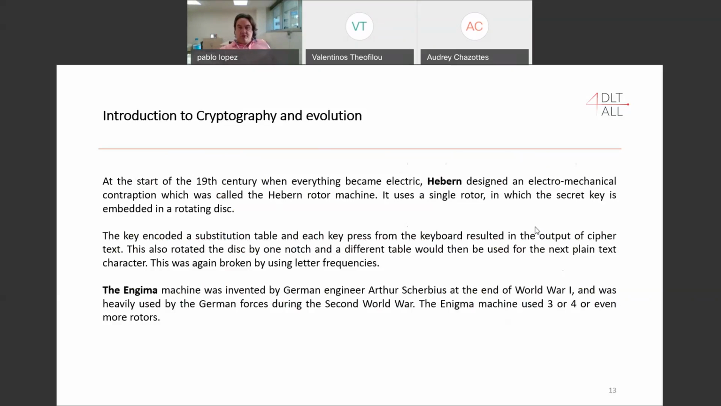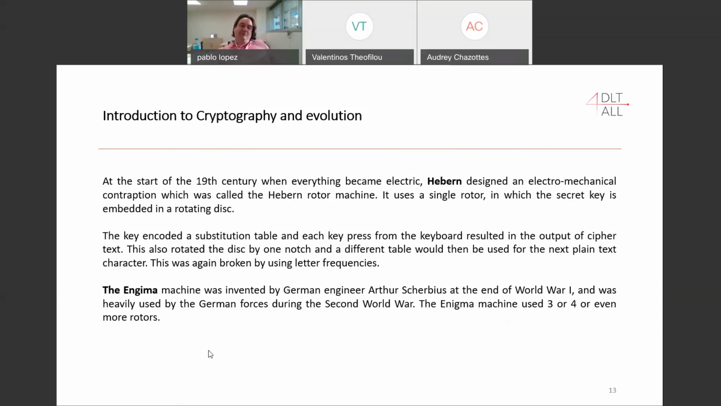to send it. So when Hebern designed an electromechanical contraption, which was called the Hebern rotor machine, it used a single rotor, in which the secret key is embedded in a rotating disk. So not only was the data sent by electric pulse, it also allowed us to create powerful encryption tools. The key encodes a substitution table, and each key from the keyboard results in an output. This also rotates by one notch and a different table will be used to encrypt the next character. It was again broken by using frequency analysis. That was when we arrived at maybe the most known